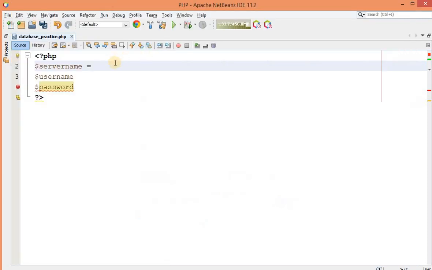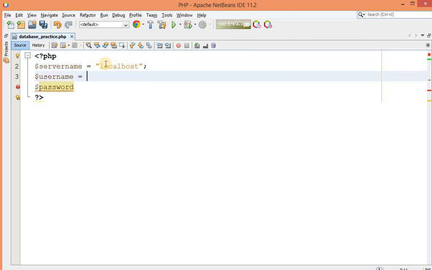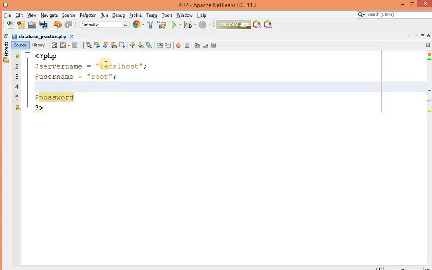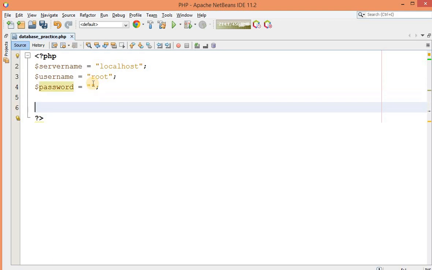That's why the server name is localhost. Whenever you are using MySQL, your default username is root, and the password is just blank.